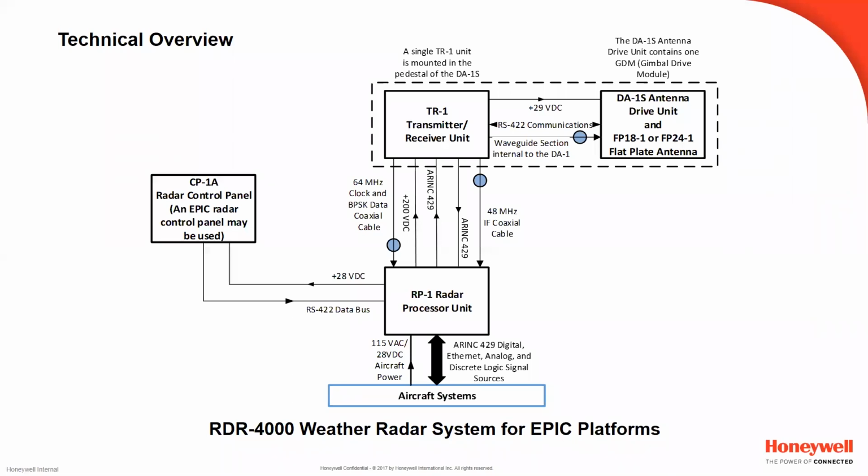Now, for the major airlines, for years they used a transmitter, receiver, and processing in the E-bay with a very long waveguide run to the bulkhead to the radome, which over the years causes many different issues. So that is non-existent in this system. What we've replaced it with, since we have the main processor in the electronics bay, the TR1, when it receives